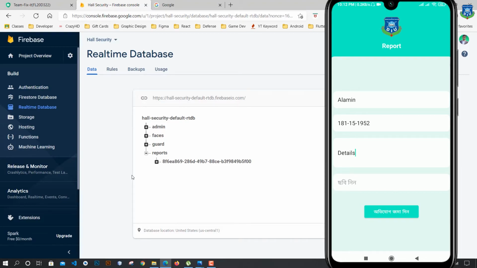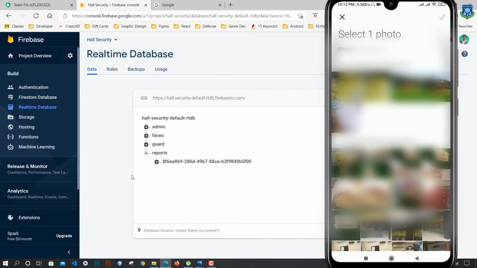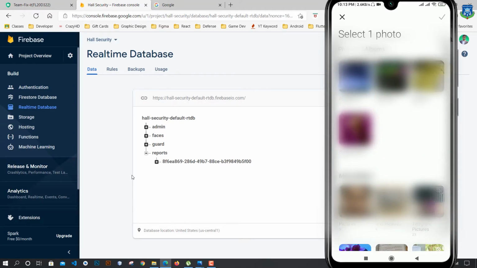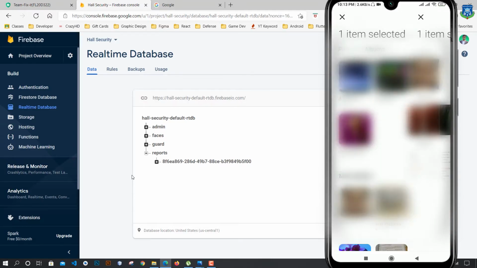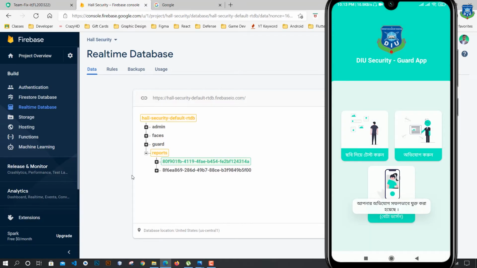If we want to add any picture we can also do that by clicking on this, and we can choose from gallery or camera. I am choosing now from gallery, and I choose an image from here, and then I click on Obhijog Jomadin, then it will update into our database live. You can see in my background that it will update automatically live.